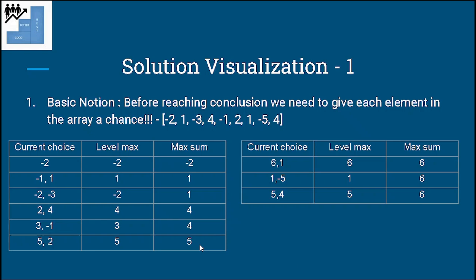I hope it makes sense, right? So similarly, I go on to include or consider each and every element. At each level, I find the best choice to move ahead considering the next element, and at each stage I update the maximum sum, right? So the maximum sum is the maximum of the previous level max and the current best choice. So I find that my maximum sum goes to 6, which is basically 4 minus 1 2 1. All right,